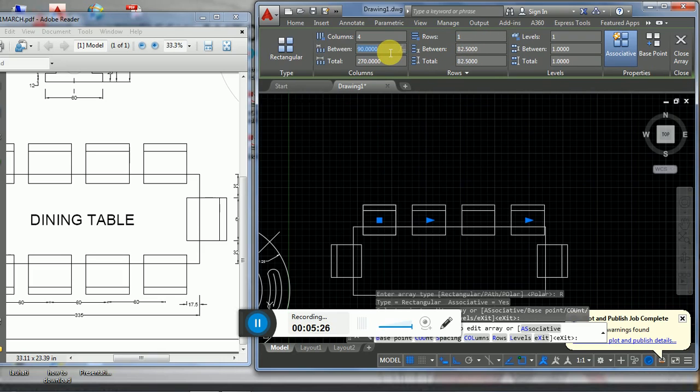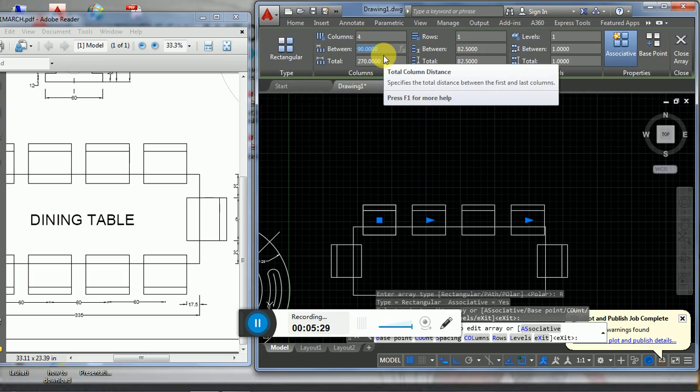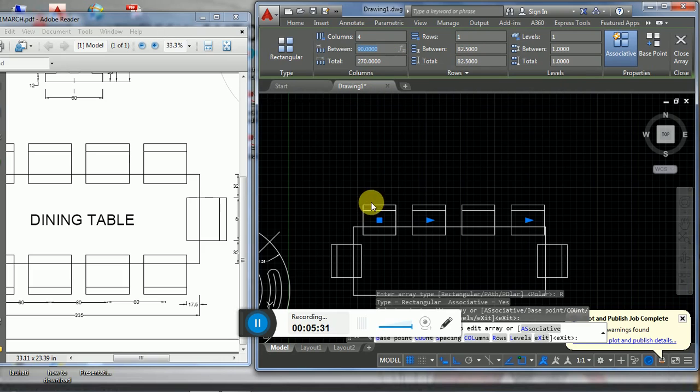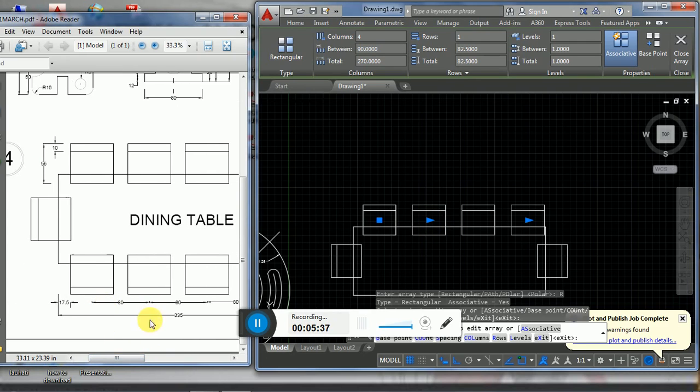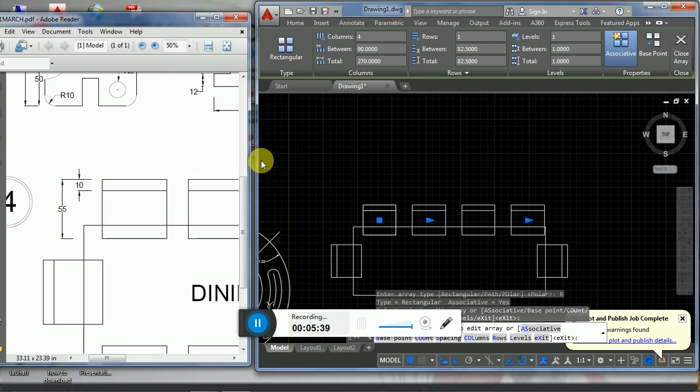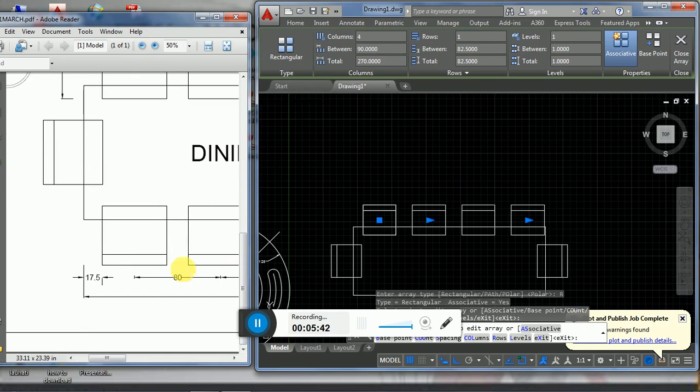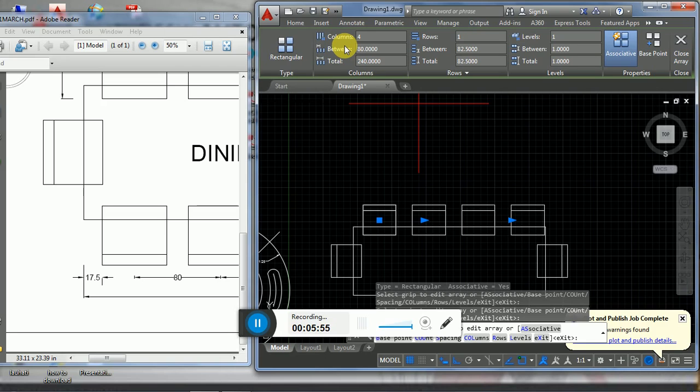Column gaps, center to center gap, should be 80 as per the drawing. It should be 80. And the rows should be 80. So it is done,